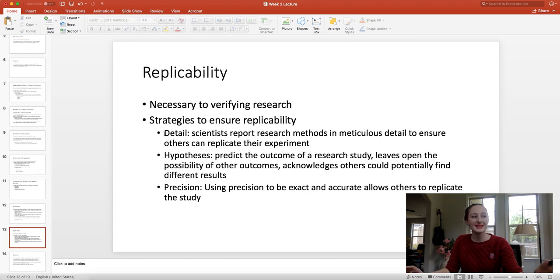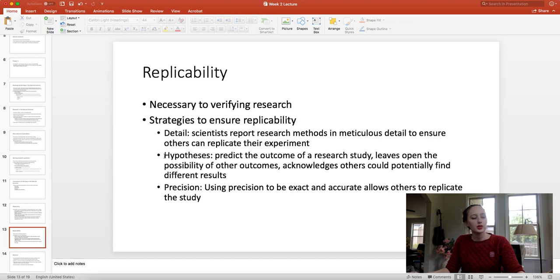So there are some strategies in writing in the natural sciences that lead to replicability. And the first one is detail. You'll notice, especially in the methods section of a scientific report, that they go into incredible detail about everything they did in this experiment. And if you are not a scientist, you are probably like, why am I reading this? This is really boring. What does this tell me? Well, it's because it's for another scientist. It's not supposed to be interesting. The point is to communicate how the study was done so that other researchers can repeat it and verify those results. So in the natural sciences, you're going to see some really big paragraphs in these reports.